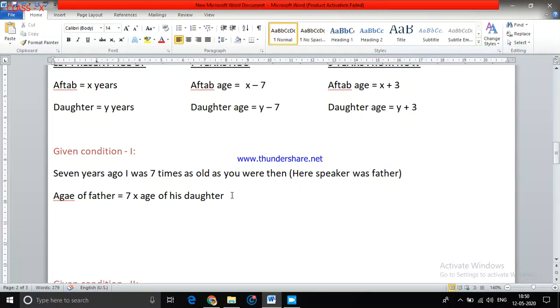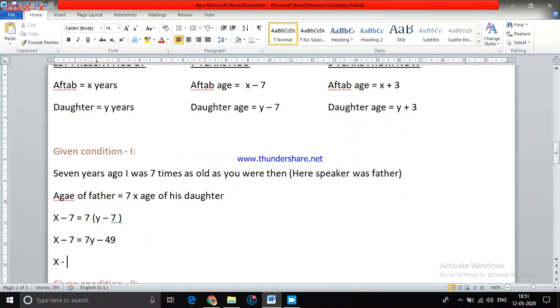So can I get it? What is the age of the father 7 years ago? x minus 7 will be equal to 7 times, so I'll put a bracket, 7 times the age of the daughter 7 years ago. What is the age of the daughter 7 years ago? y minus 7. Okay. So if I simplify this one, what do you get? x minus 7 will be equal to, if I open the bracket, 7y minus 7 times 7, which is 49. If I simplify finally, I'll reach